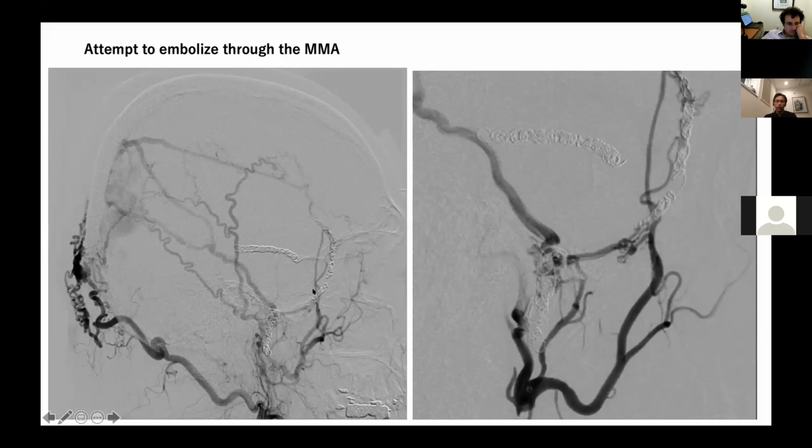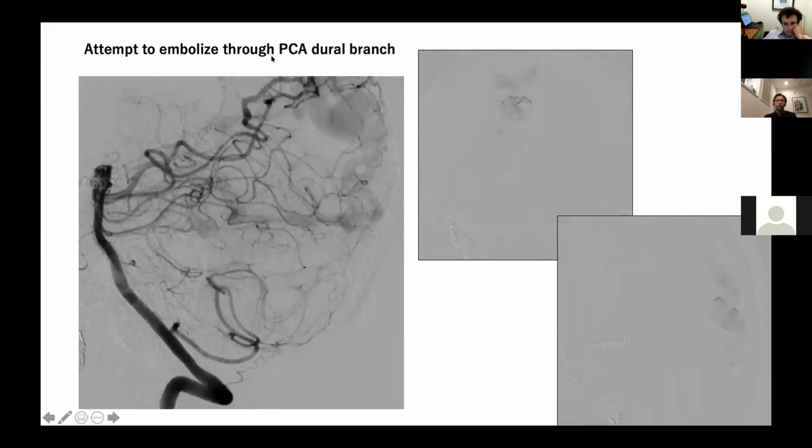So we switched to go through this PCA dural branch, which was a little bit curvy, but still it was quite straightforward. We went inside. We tried to put some coils actually inside first before we do anything else, but we couldn't enter through this one with those catheters that you can place coils through. So in the end we just put a magic catheter in there. And when you only have the magic catheter in there, the only thing you can use is only the glue. So